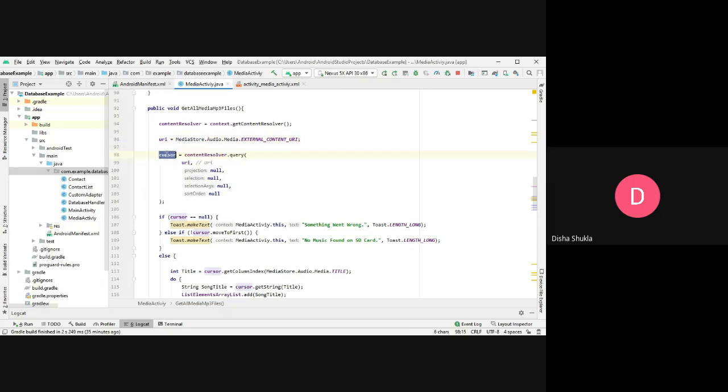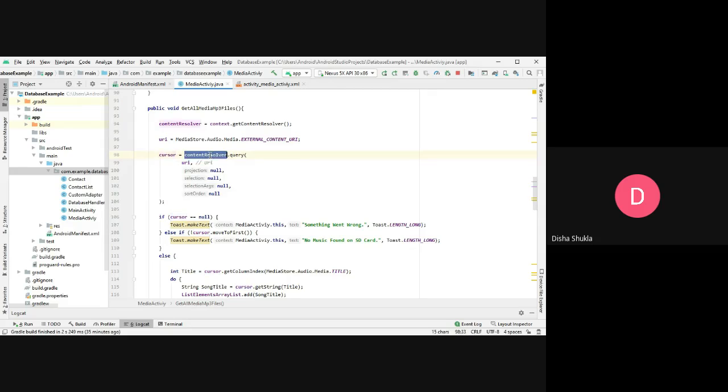After that, cursor. What is a cursor? We saw that inside the select method, wherein I was getting the data from the database, I got all those data in the form of a cursor, and then I was passing that cursor inside the loop and getting the data individually. So that is the similar thing. I'm getting the list of the songs in the form of cursor.